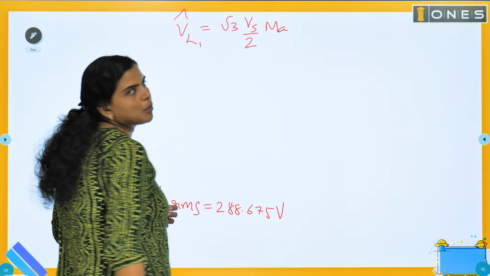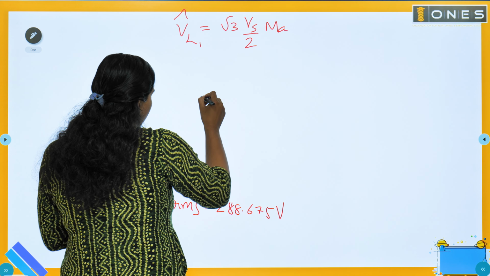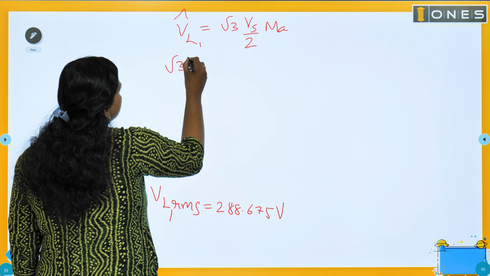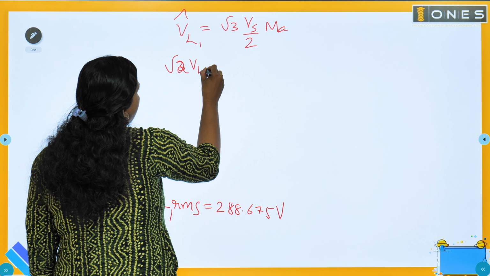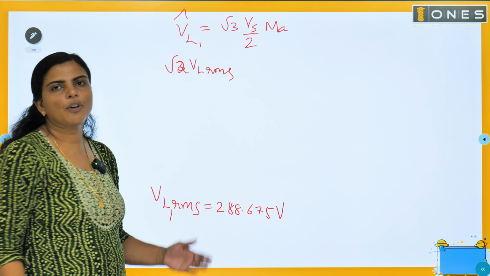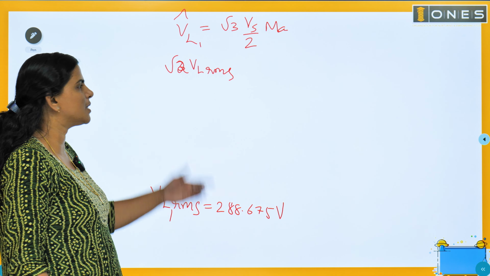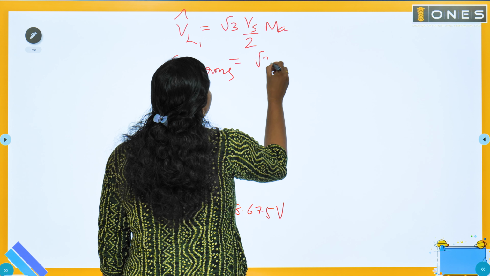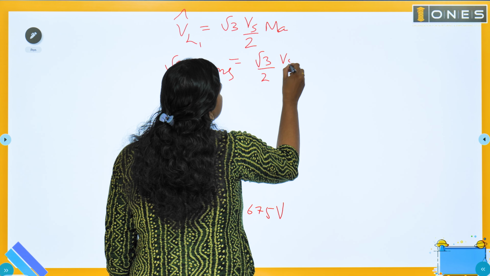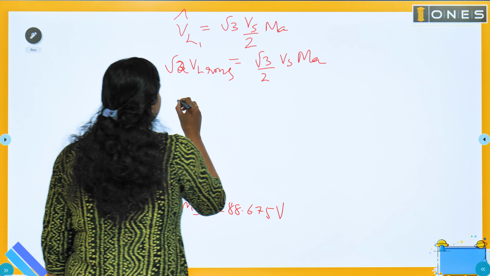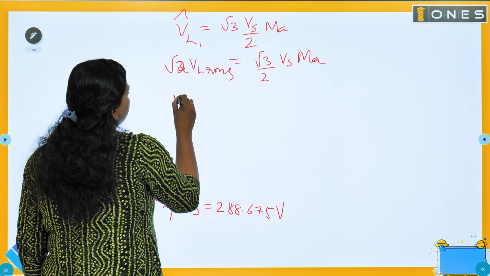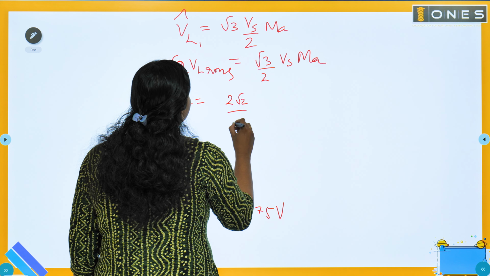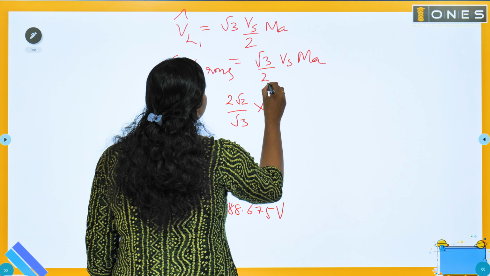MA ആണ് നമുക്ക് കണ്ടുപിടിക്കണം, മോഡുലേഷൻ ഇൻഡെക്സ്. So VL1 RMS ആണ് ഇത്രയും. അപ്പോൾ VL peak എന്ന് പറയുന്നത് എന്താ, root 2 into VL RMS ആണ്. നമുക്കറിയാലോ peak value is root 2 times the RMS value for a sinusoidal waveform. So root 2 VL RMS is equal to root 3 by 2 VS into MA. On substituting this, you will get the value of MA as MA is equal to 2 root 2 divided by root 3 into